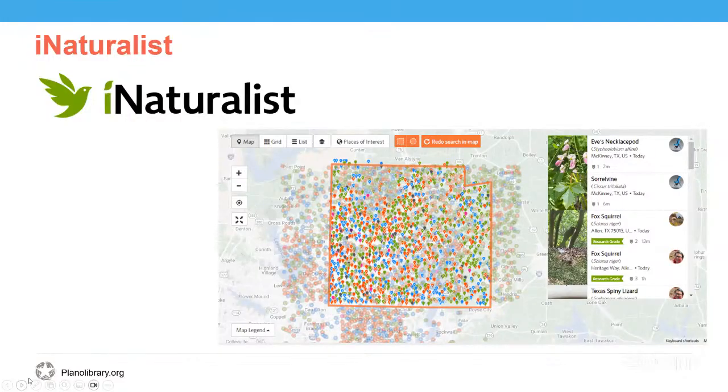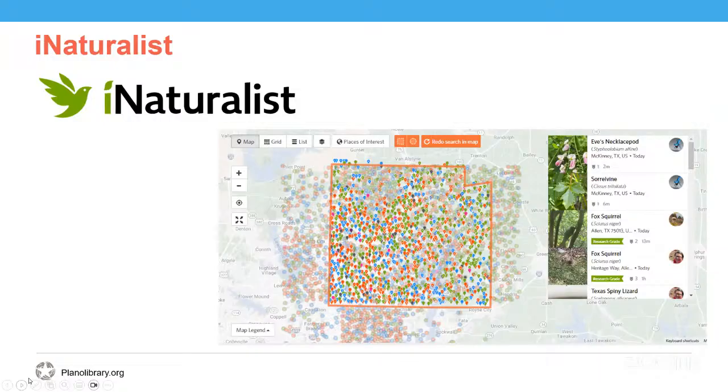Over the years, it expanded. In 2014, it became an initiative of the California Academy of Sciences, and in 2017, it became a joint initiative with the National Geographic Society. By 2023, iNaturalist had become an independent nonprofit organization.